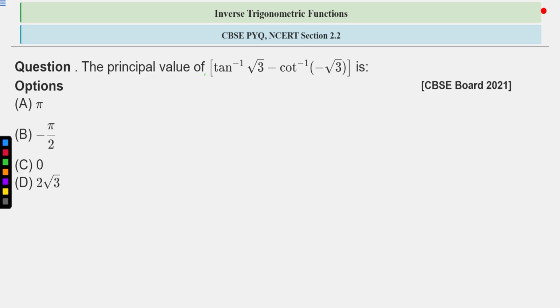So again, the hint of this question is we know the value of tan inverse root 3, we can easily know, right? And we know that cot inverse minus x is basically pi minus cot inverse x. Therefore, we can write it pi minus cot inverse root 3, and obviously we know the value of cot inverse root 3, right? And if you don't know, you can write cot inverse root 3 as tan inverse 1 by root 3, because we know that cot inverse x is equal to tan inverse 1 by x, right? In this way, you can try to approach this question. Okay. So I'm giving you 10 seconds to solve or think about this question. After that, we will discuss the solution part, right?